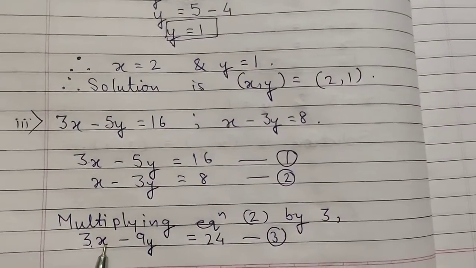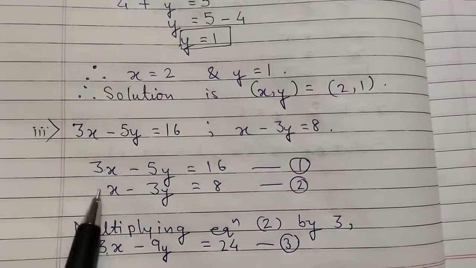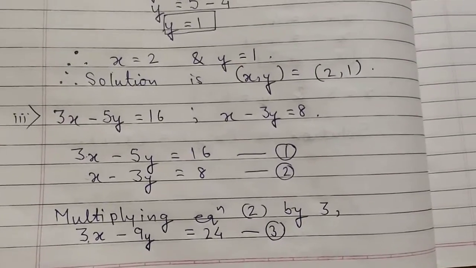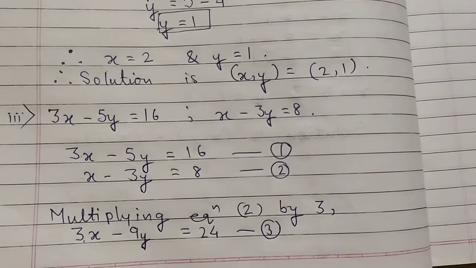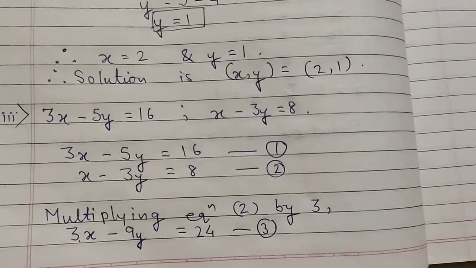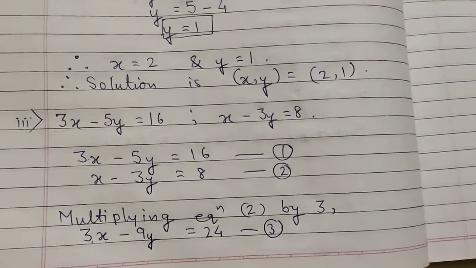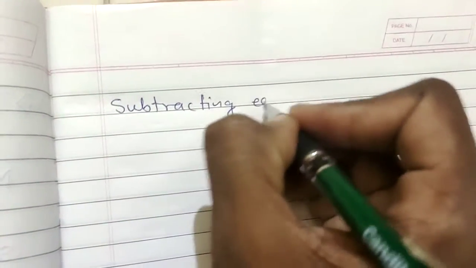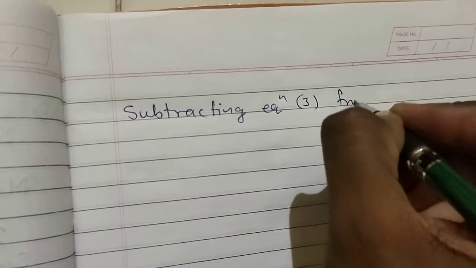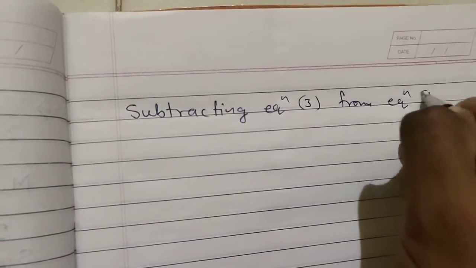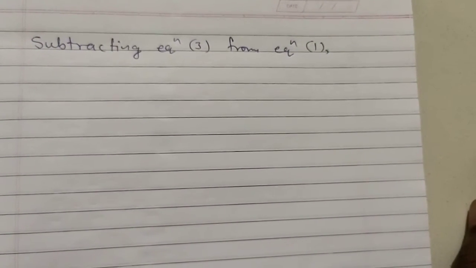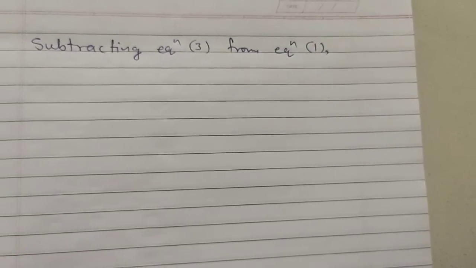So in this case you will subtract, because after subtraction you will get 3x minus 3x, that is 0. Okay, so that x will go. So for that purpose subtract equation 1 and equation 3. Okay, so let me do that. So subtracting equation 3 from equation 1. Okay, so students, you have to subtract third equation from equation 1, so write first equation first.